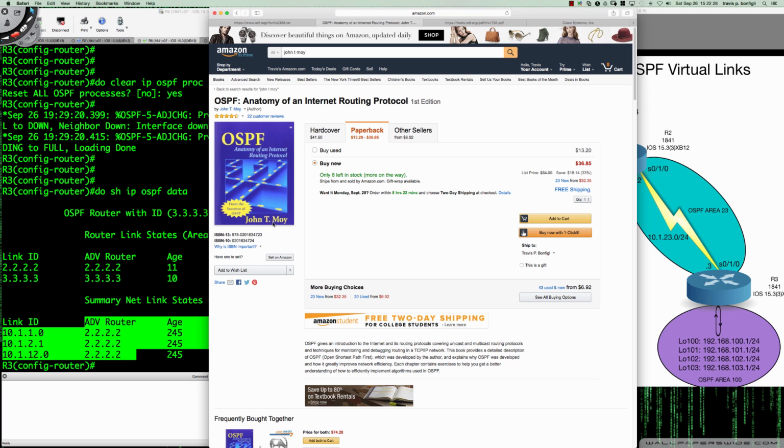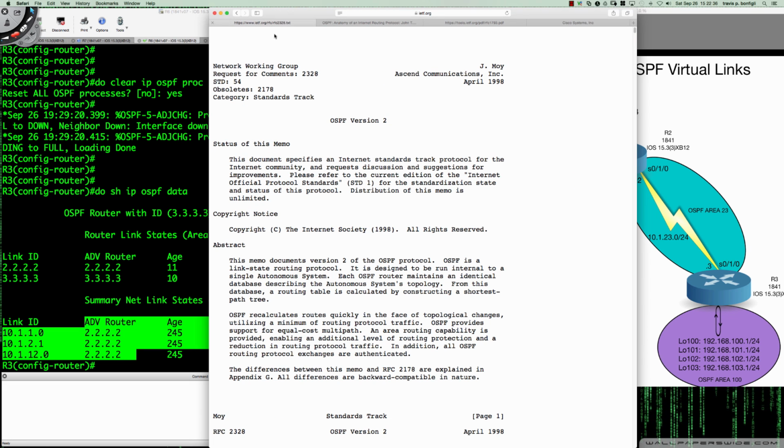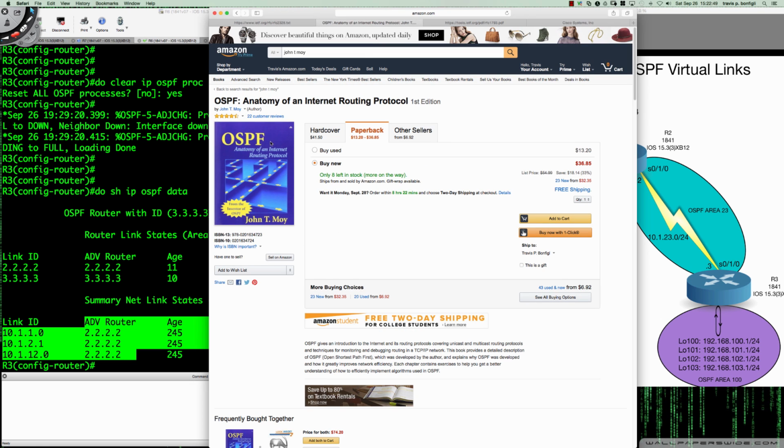And John Moy is actually the creator of OSPF, and he is the sole author of RFC 2328. You can see right here, he is the sole author of RFC 2328. He created OSPF version 1 as well as version 2. However, some people have referred to this book as being basically the RFC. It is not. There is significant information in this book, historical and technical, that really paints a complete picture of